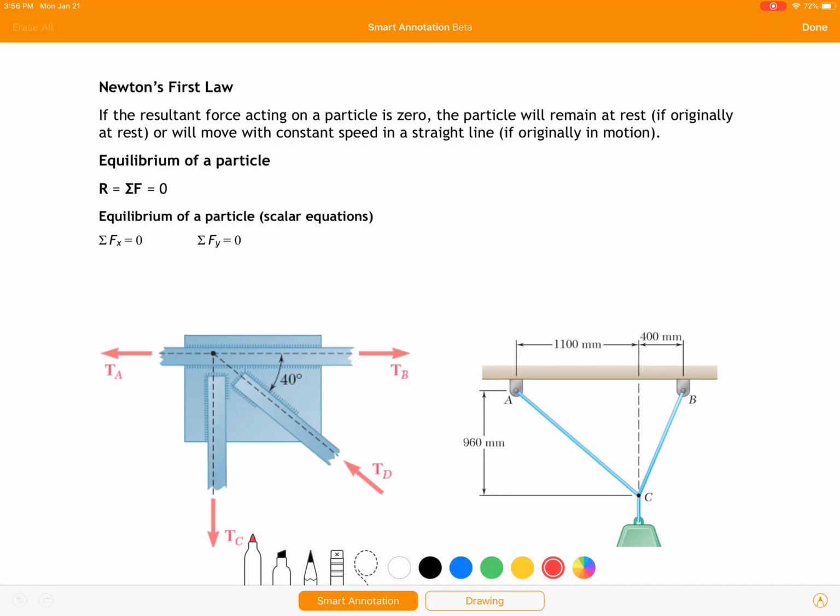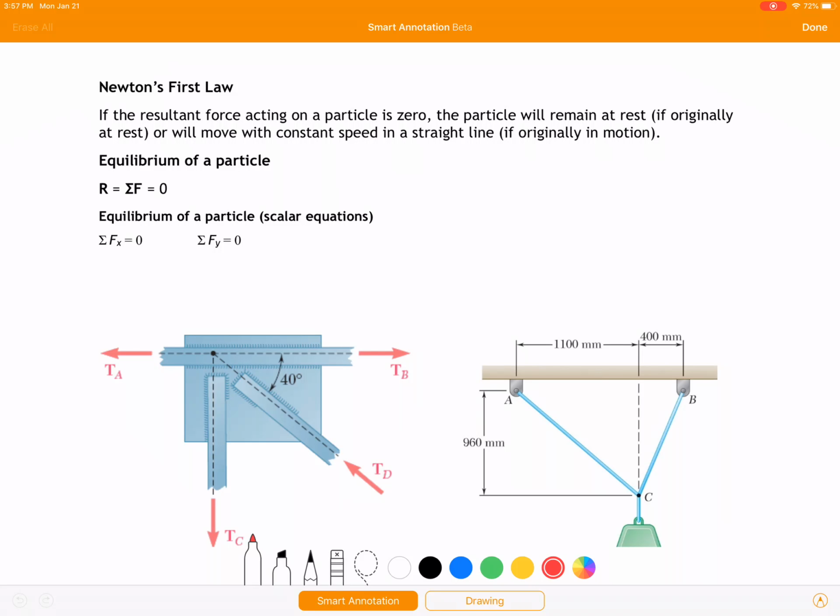Newton's first law states, if the resultant force acting on a particle is zero, the particle will remain at rest, if originally at rest, or will move with a constant speed in a straight line, if originally in motion. So essentially, if we don't act on something, if we don't add any new forces, if something's already in equilibrium,